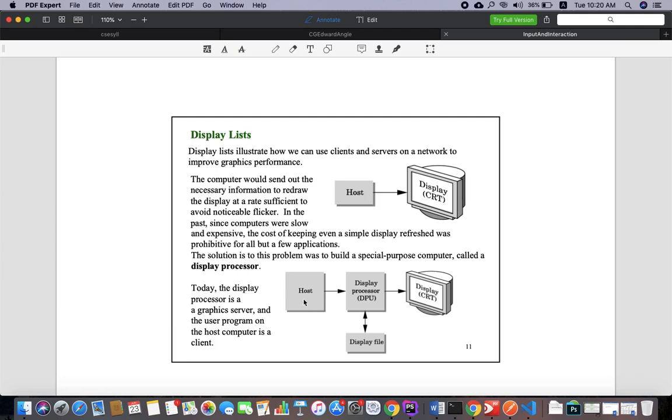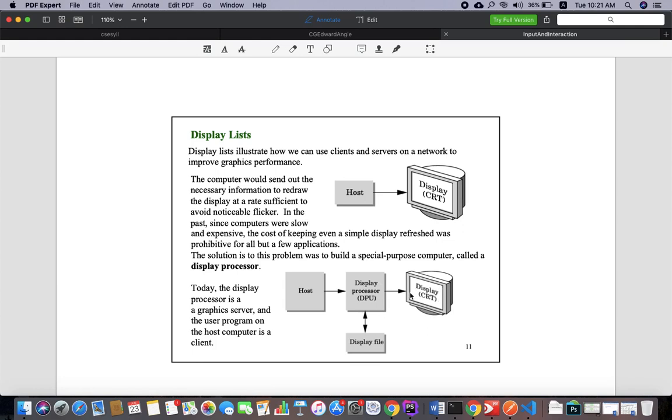Now next time the host has to resend it, because 60 times in 1 second it has to send. What does the display processor say? The display processor never takes the input from the host the next time. Since the object is already stored in the display file, it will retrieve it directly from the display file and display it on the monitor.